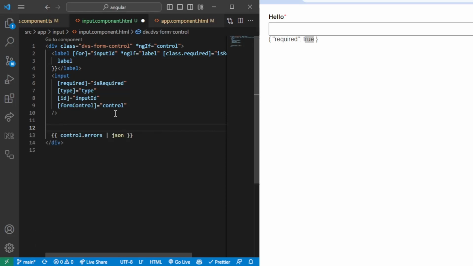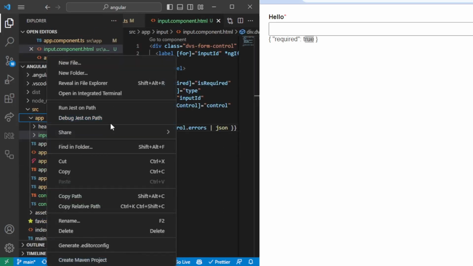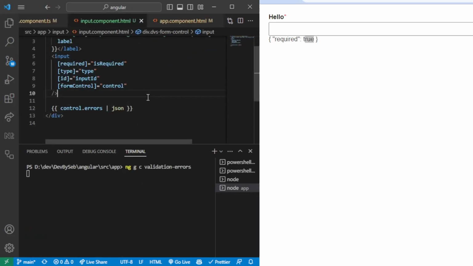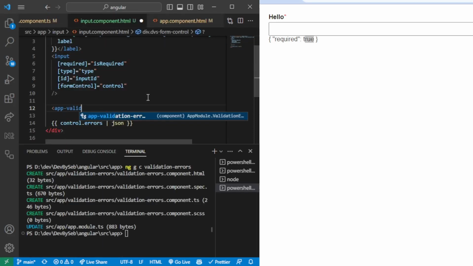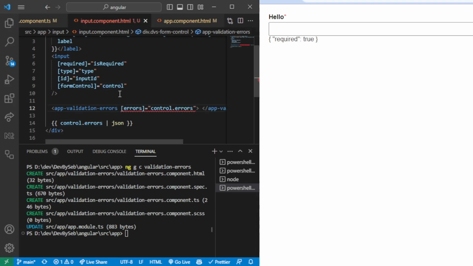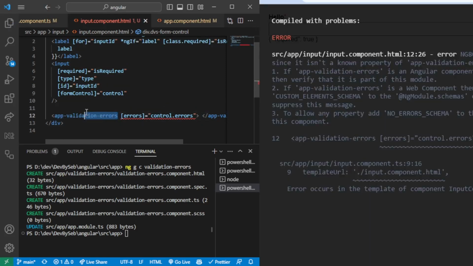So just to see how it would look for the input component. This should most likely, as I mentioned, you know what, let's create that component. It goes super fast. So we'll generate a new component. So ng generate validation errors. So we'll generate the component with the validation errors logic. So app validation errors. Here we're going to pass in the control.errors, okay? So just as errors, obviously, like this, so that we can handle this in the validation errors component,